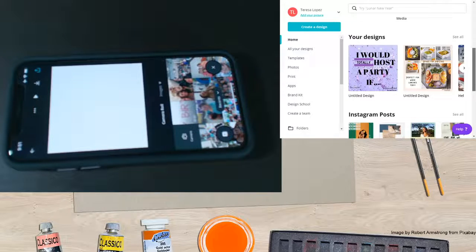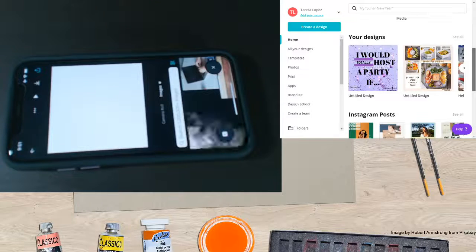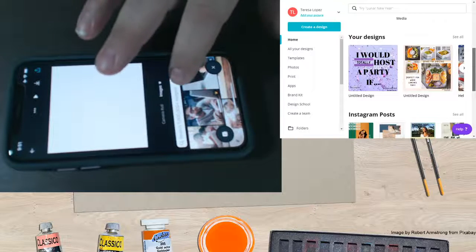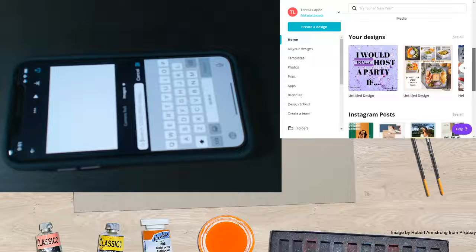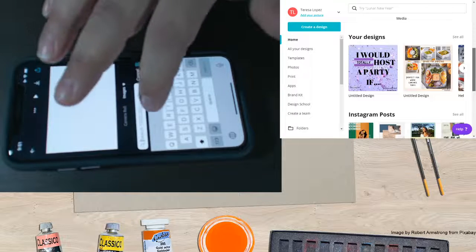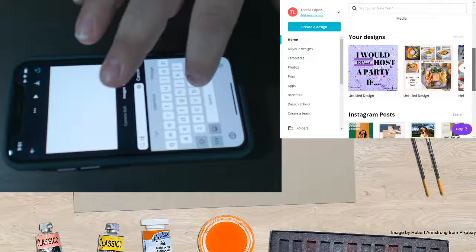Now it'll show you all of the pictures that you have. If you've given it permissions, it'll show you all the pictures that you have on your actual phone. But with me, I like to go where it says images, and then right here is where I find my background. So for example, if I want sparkles, if I want stars, if I want just any type of background that you're looking for, like vintage, for example. So you go in here and you type vintage